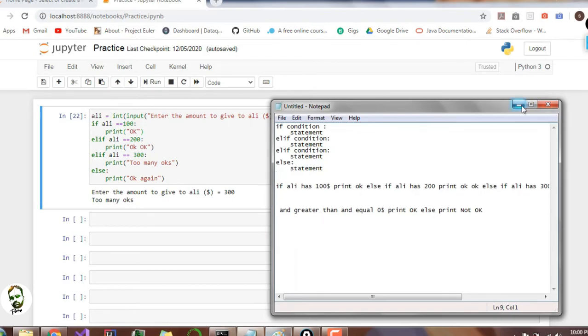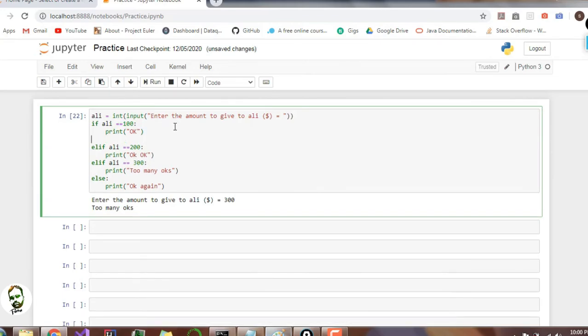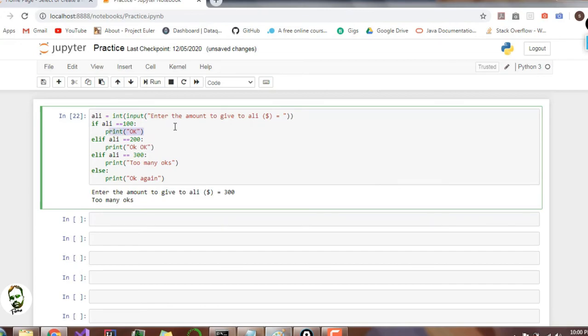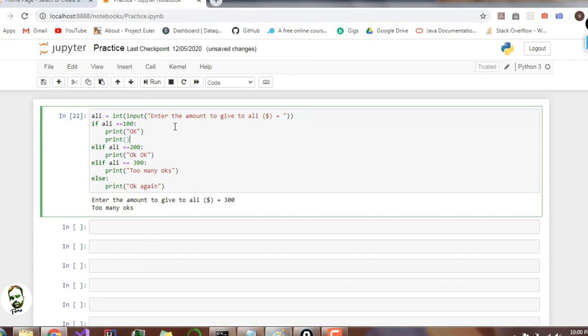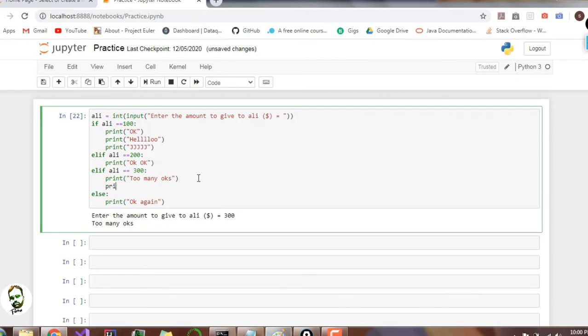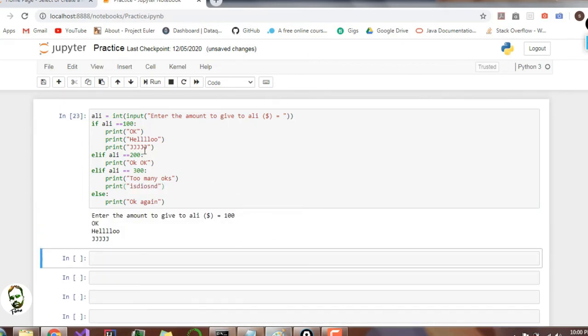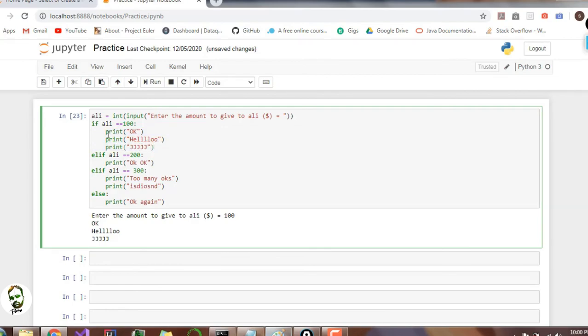But actually, one thing before I go, some of you might have noticed that I'm always writing one line here. That's not the case. You can actually add more than one line like this. Print hello or print J like this, or you can add multiple comments anywhere you want. If I were to run this now, I will say 100. Then you can see it ran all of the part. But do remember, indentation is an important thing.